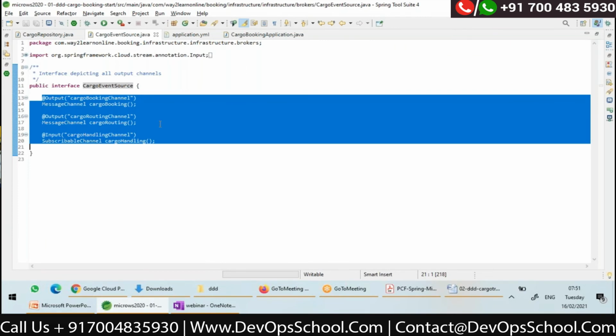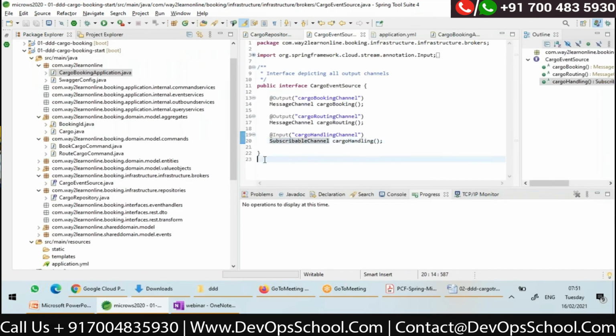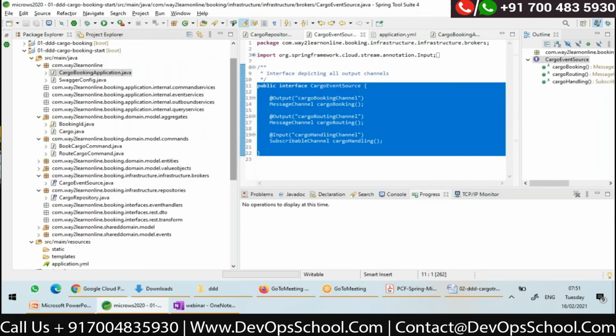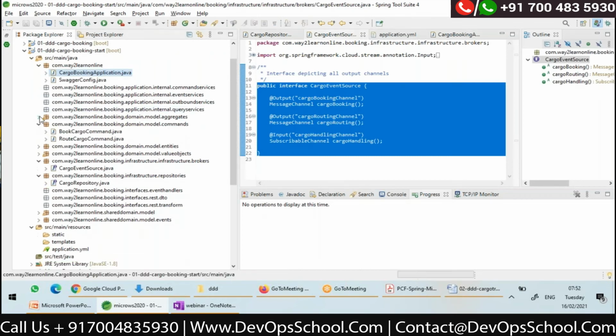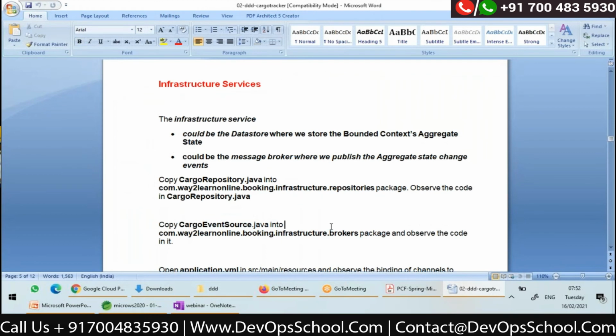So is this also an outbound service? Yes, using this, I'll be sending a message out of my application, right? Repositories can take data out, and this will also take a message out to the broker, right? I wrote this.